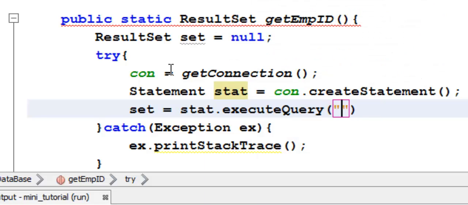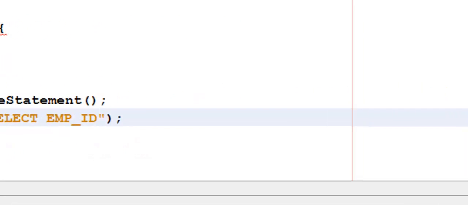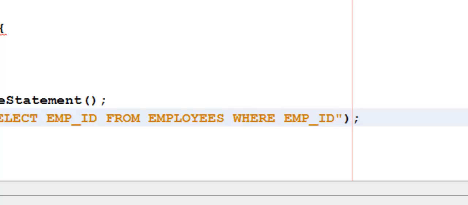So here is the most important thing we need to do, that is the SQL statement. We have to remember what we have to select here is the employee ID. That's what we need. Whenever we submit, take the employee ID and insert it into the combo box that holds the employee ID. So we say select emp_ID from employees where emp ID